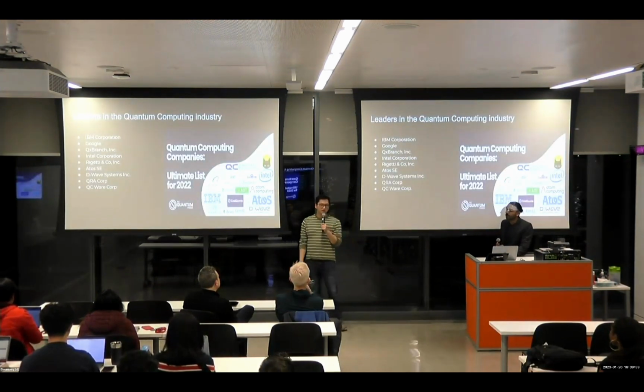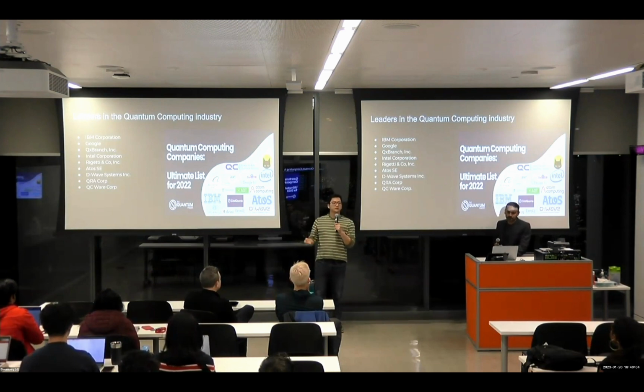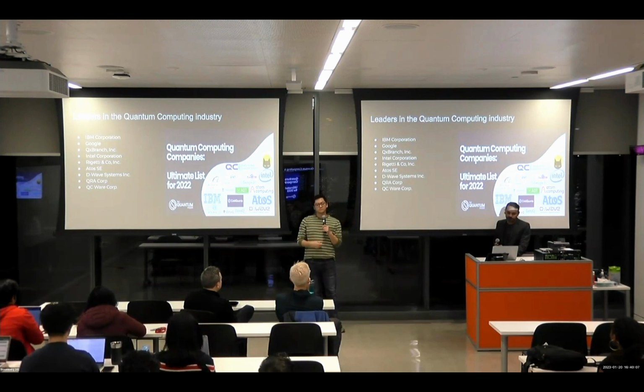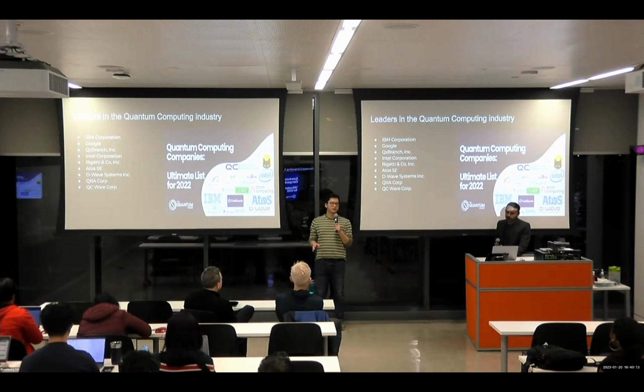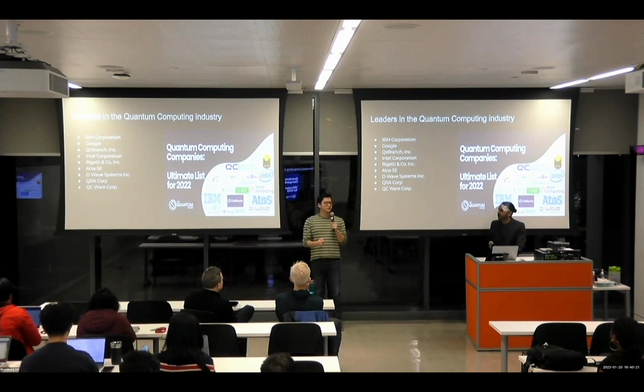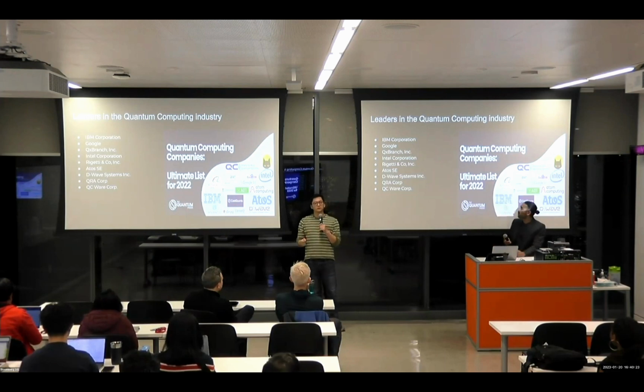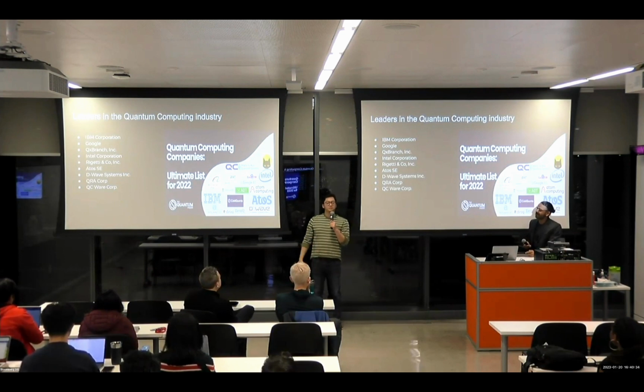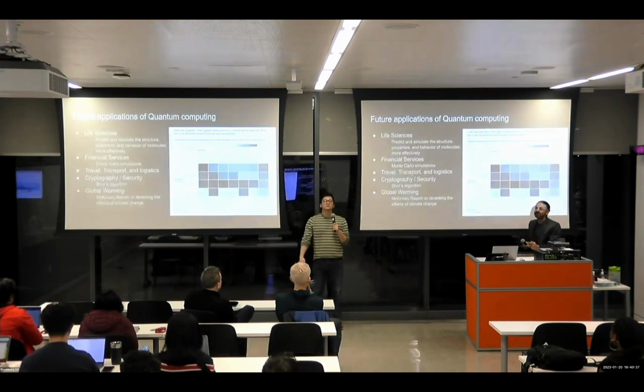So, who's in the market today and how is that relevant for us? IBM obviously is a leader in this field right now. They're doing a lot of open source quantum computing, such as Qiskit. You can go online today and try it out yourself. Google is a competitor, and a lot of these other companies are also working on the hardware and the software side. And there's other companies too that are taking quantum in a different way. So right now, a lot of companies, especially IBM, are doing it in these very cold states. There are other companies not trying to do that and trying to have it out in the open field. So it's going to be interesting to see how that field evolves.